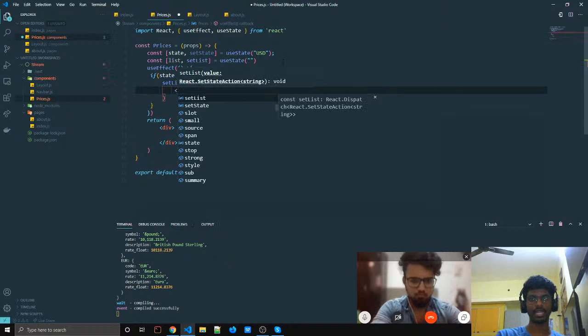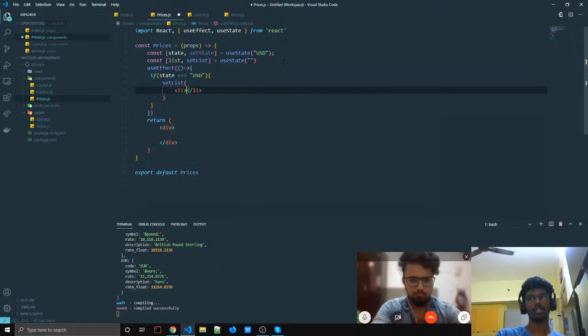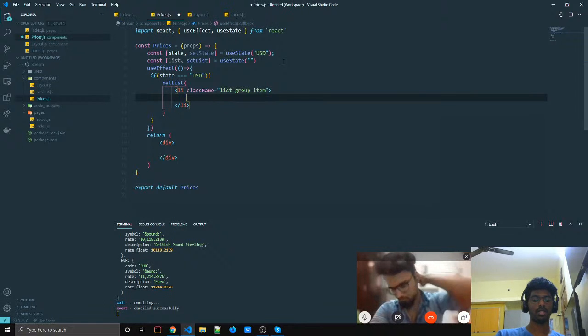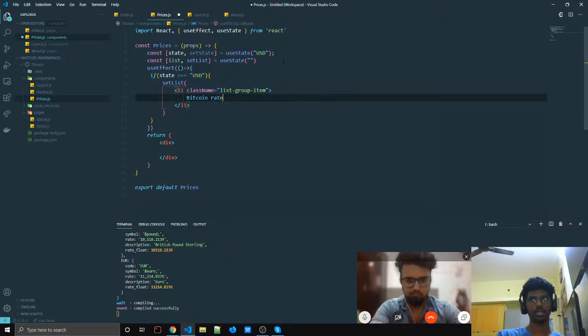I'll put an li tag here, and for this li tag, I'm going to give a class named list-group-item. These are Bootstrap class names, so you don't need to worry, guys. These are taken care of by Bootstrap. Here I'll give Bitcoin rate for the